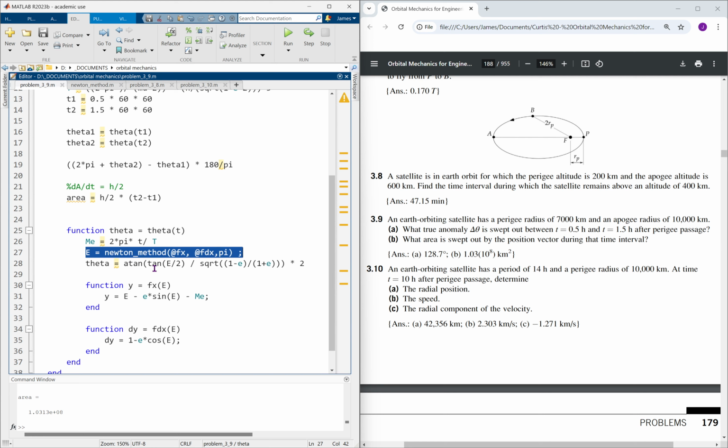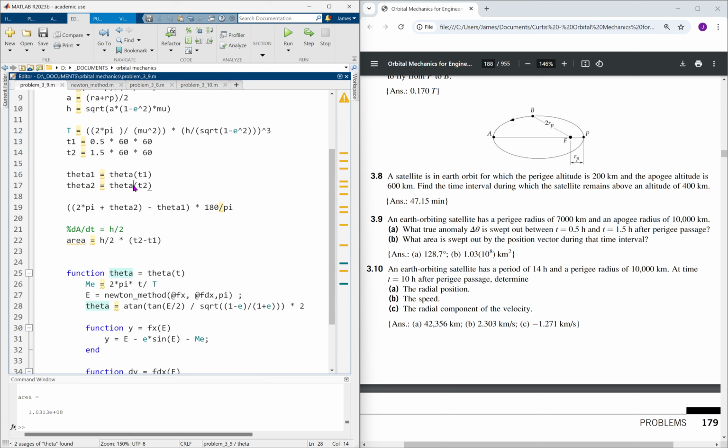So solving that numerically, we get E, and then we can put that into our tan equation for theta, and that's our theta, and we do that twice, once for T1 and once for T2, and then because it's using tan, after the apogee we're getting a negative value for tan, but we can just flip that around to add on 360 degrees to give us a positive value, and then subtract theta 1, so that's theta 2 minus theta 1, and then convert to degrees, and that gives us the answer. So if I just run that, you'll see